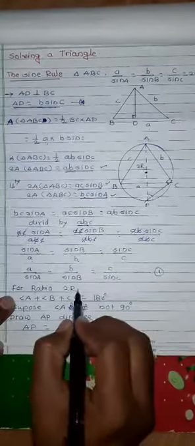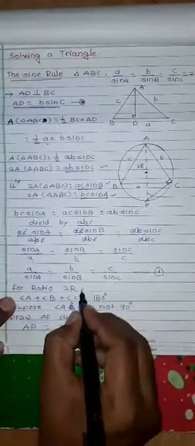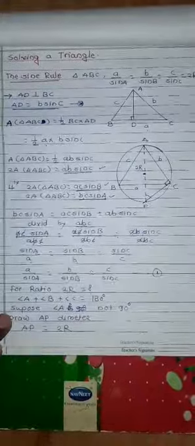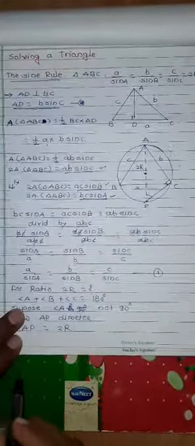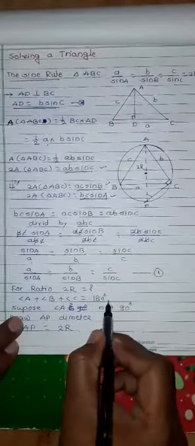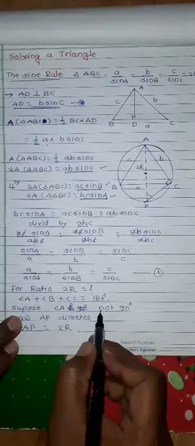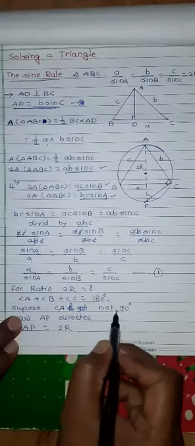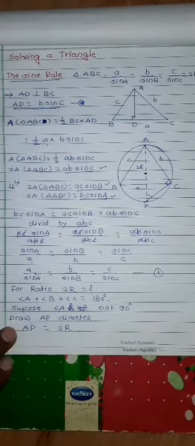For the ratio, we have to take the value of R. We have to find what is the value of twice of R. Now we know the rule of the triangle: the total of the angles of the triangle is nothing but 180 degrees. Now suppose that triangle ABC is not a right angle triangle.